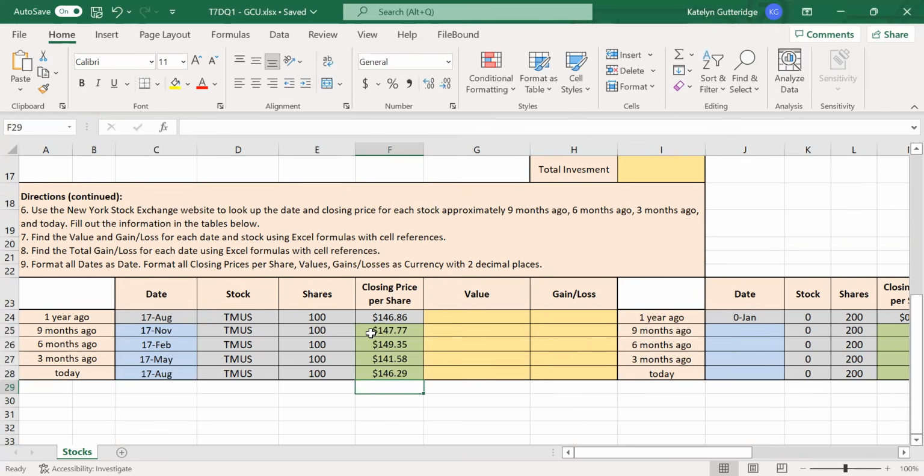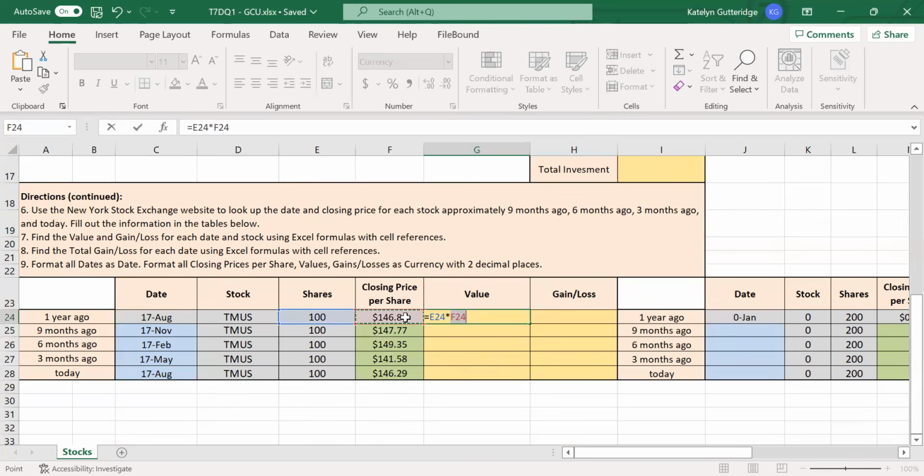Once I have all the prices listed, now I can find the value. The value is going to be how much all of those stocks are worth, all of the shares with the closing price, how much that is worth for each of these increments of time. So the first value is going to be the number of shares times that very first closing price per share. So this tells you that the values of my stock 1 year ago were